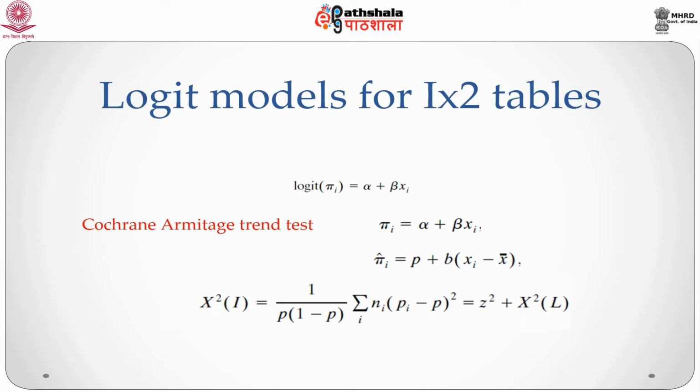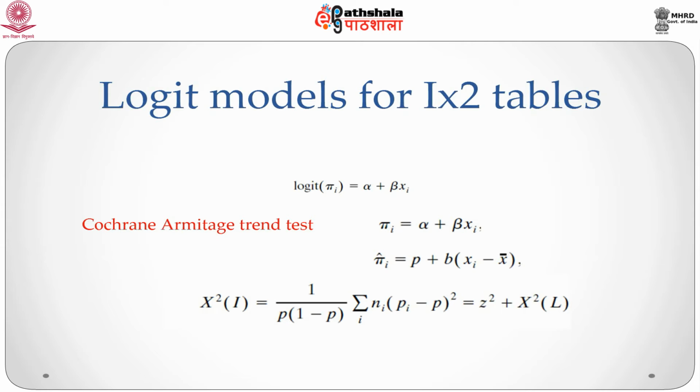Armitage and Cochran were among the first to emphasize the importance of using ordered categories in a contingency table. For I by 2 tables where the rows are ordered and capital I independent binomial n i pi I variates y i, they propose a trend statistic for testing independence. This is done by partitioning the Pearson statistic for the hypothesis. Specifically, they use a linear probability model pi I equal to alpha plus beta xi. The prediction equation is pi I hat equal to p plus b into xi minus x bar, where b denotes